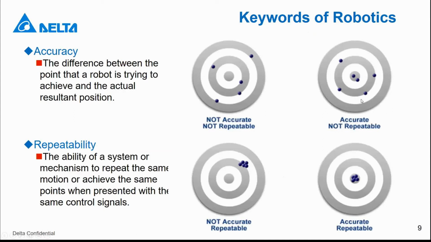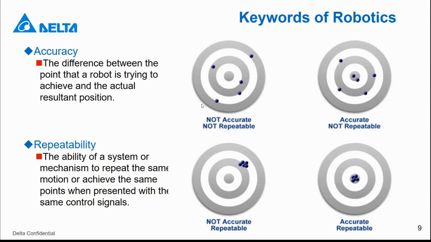Okay, and the next page is another important idea in robotics. One is accuracy, the other is repeatability. Usually you will only see repeatability as a robot spec in the brochure or catalog, but there is also another important one, accuracy. Let's look at the pictures to see the difference between these two